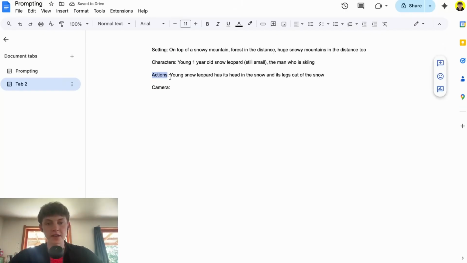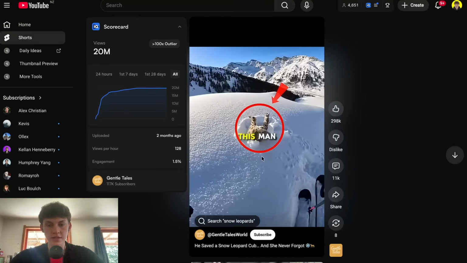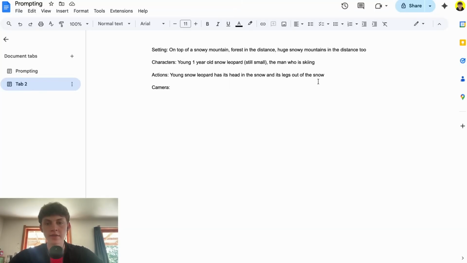So for the actions, I've written young snow leopard has its head in the snow and its legs out of the snow, which is kind of like what it looks like in here. And then I'll also add for the characters, the man recording is on skis.